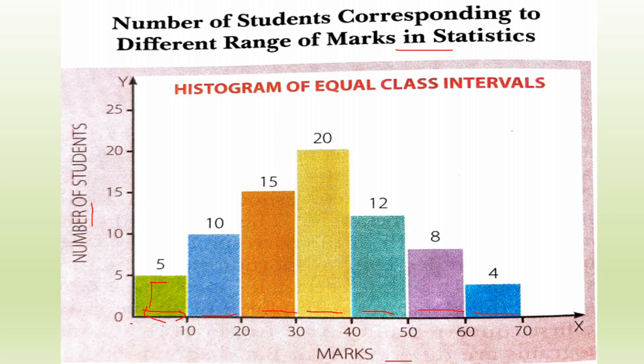Similarly, the class interval 10 to 20 has the frequency, or the number of students, of 10. So, the length of the bar or rectangle is 10. Similarly, the class interval from 20 to 30 has the number of students 15. So, the length of the bar is 15. So like this, a histogram is formed in which all the rectangles are adjacent to each other, and histograms with equal class interval have equal width but different length according to the frequency.